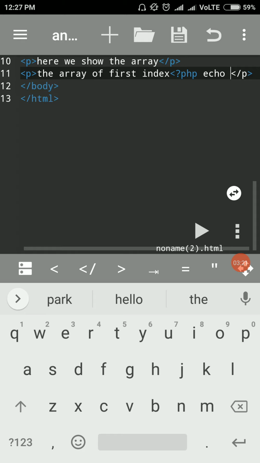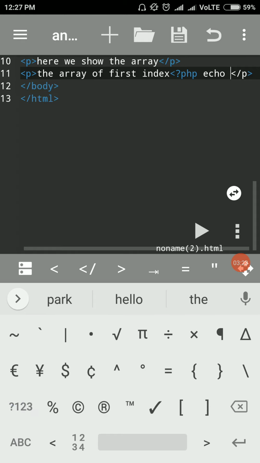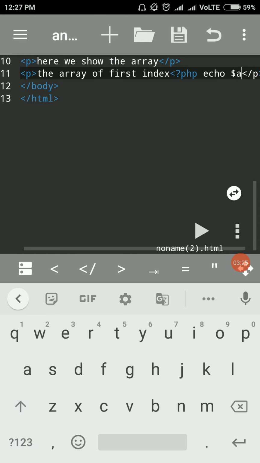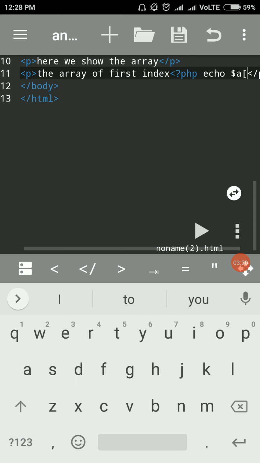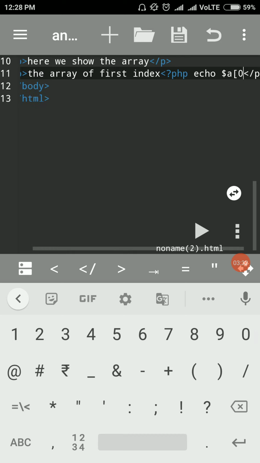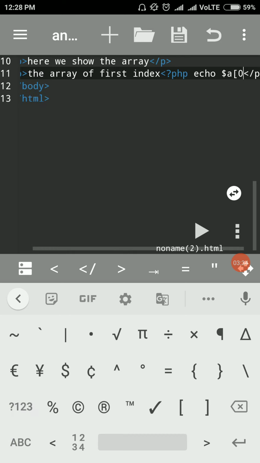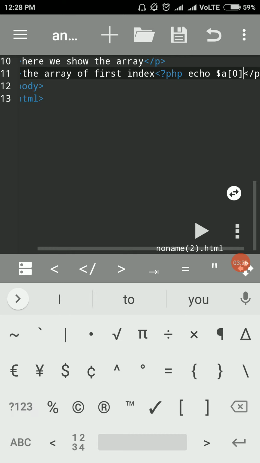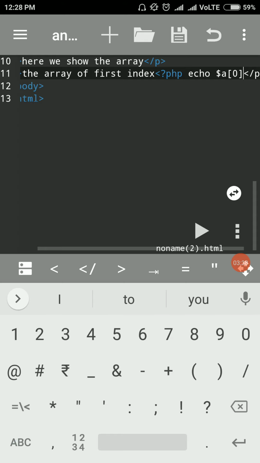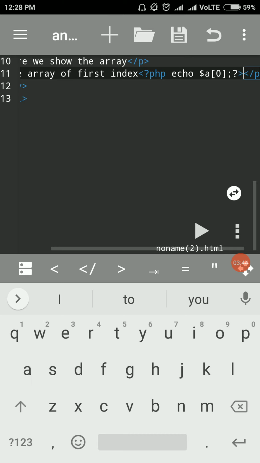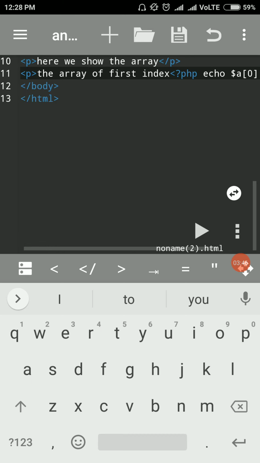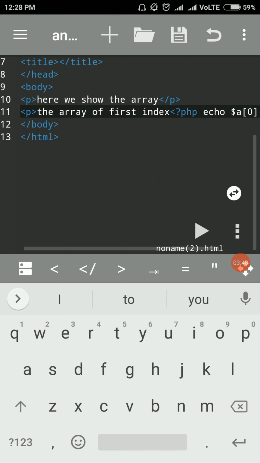So we write dollar a, square bracket, 0, square bracket closed, and at the end a semicolon. That is how we end the script. So this is the first index we have to show.